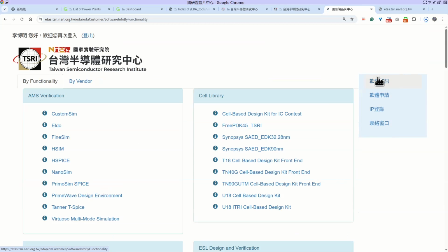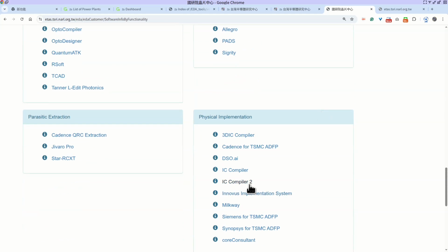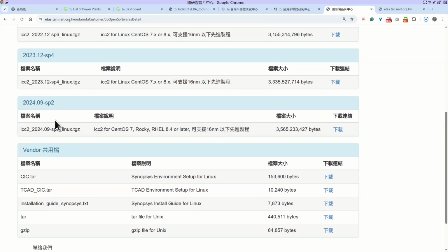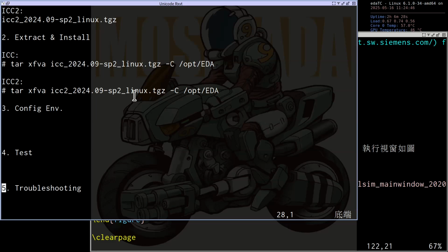And if you go to ICC2, I think that is the same version, 2024. Okay, these two are the same version, but ICC2 supports advanced technology beyond 16 nanometer. Okay, so we can install these two software.